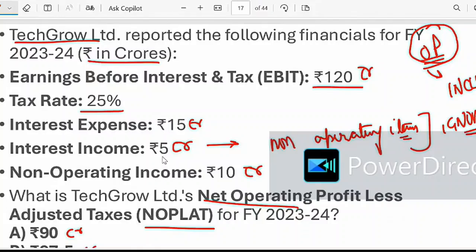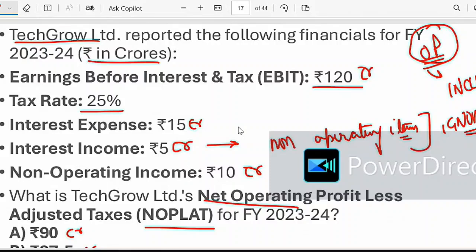So, two types of operations are there: core operation and non-core operation. And this interest income is part of a non-operating item. So should we include it or should we ignore it? Just type what you think. So the correct answer is